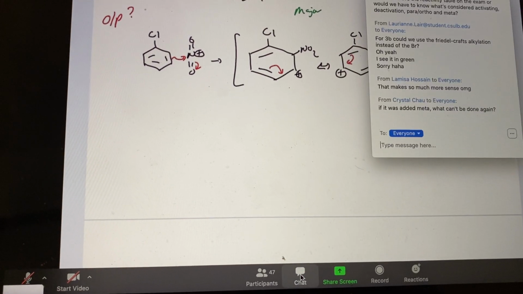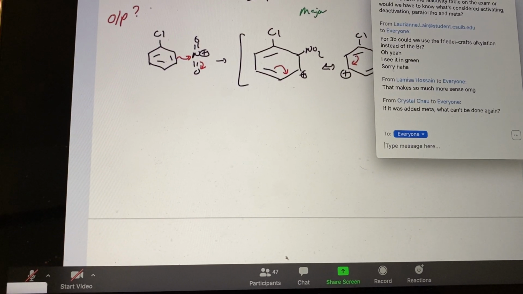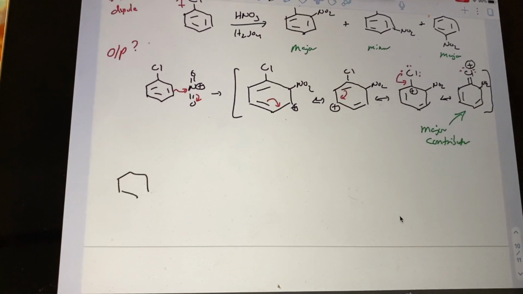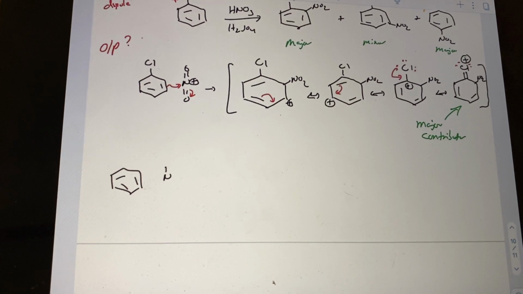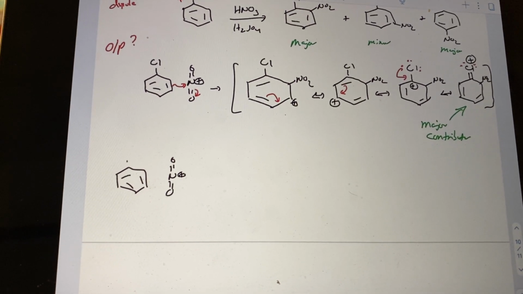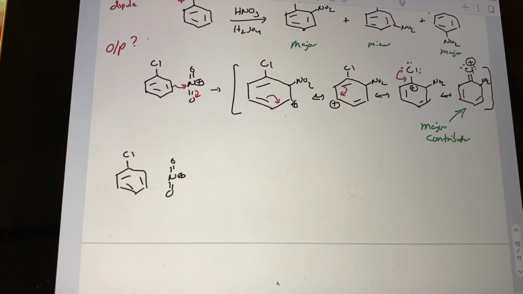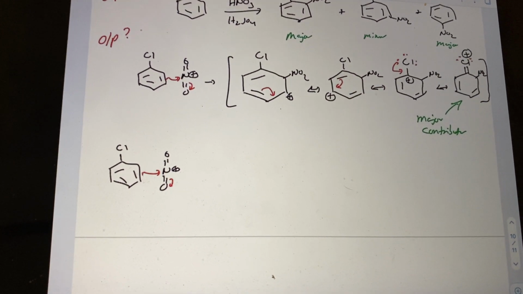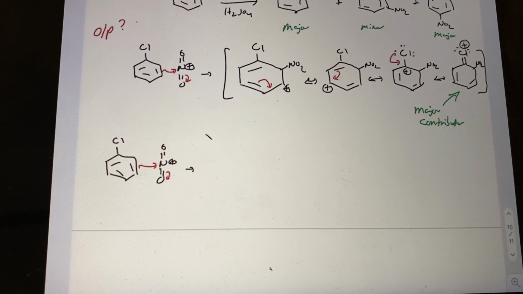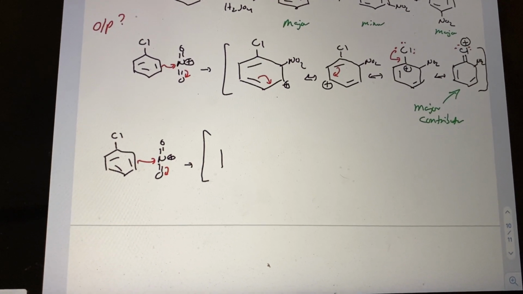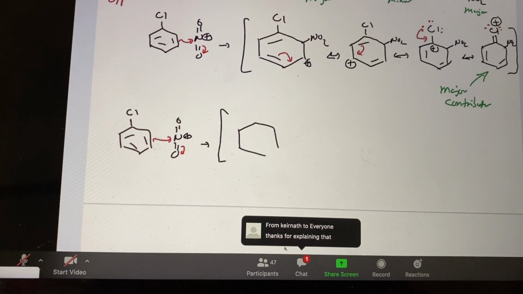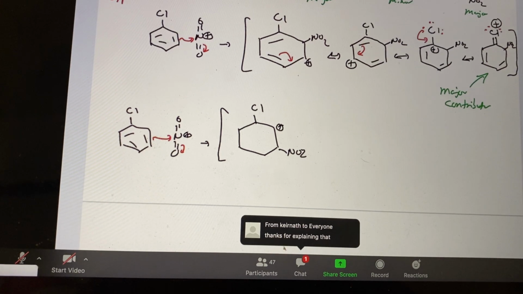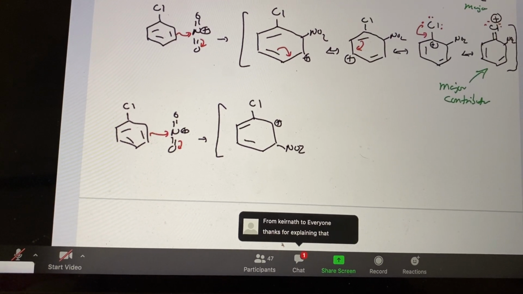So Crystal asked, if it's meta, what cannot be done again? Well, okay, let's draw it here, actually, for the comparison. So let's take the same thing, and this time I'll actually put it over here. So here's our chlorobenzene, or at least parts of it. And now we're going to put the nitro group at the meta position. So chloro here, nitro here, start with our carbocation up here. Now if we draw our resonance structures,